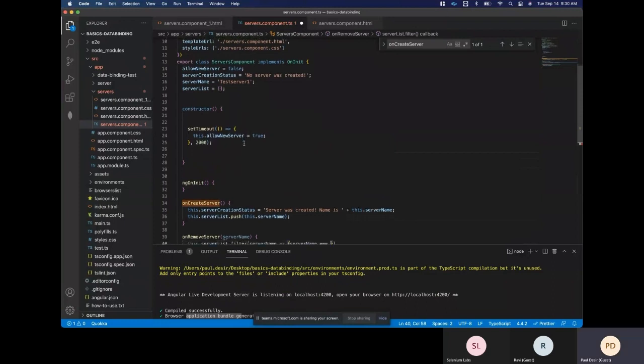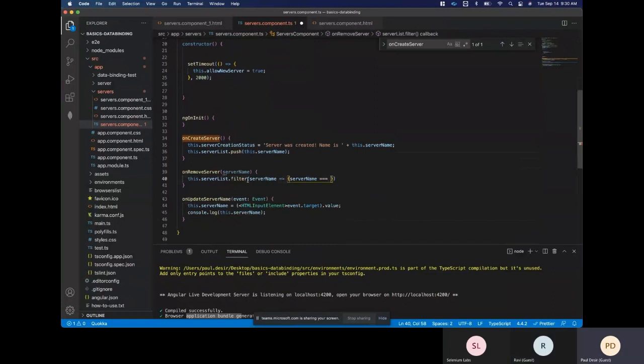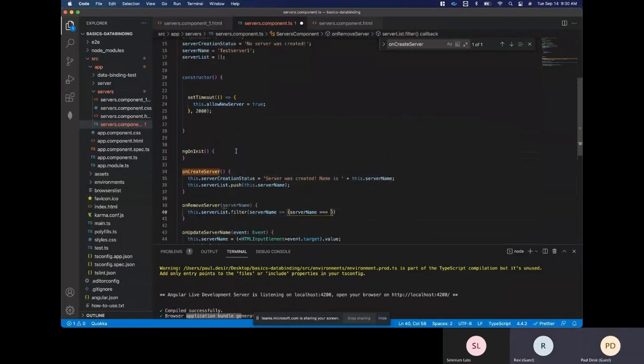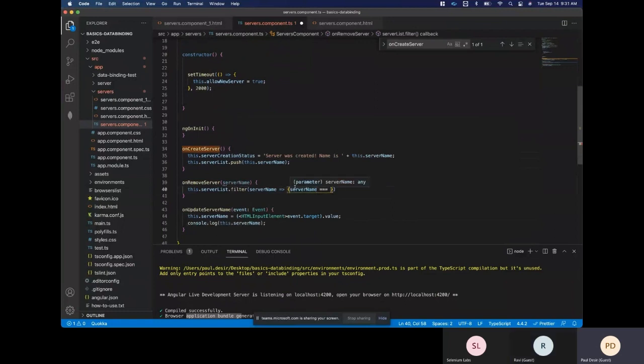Wait, so when I'm using the filter function on the server list, right? Okay, I'm using the name to find the specific server to remove. Okay, hold on a second. Server list dot filter. Why would you need to filter that server name? Well, the reason why is if I'm removing,